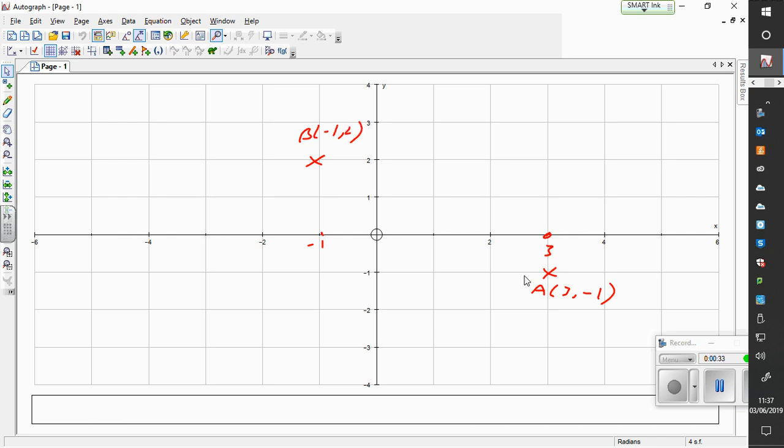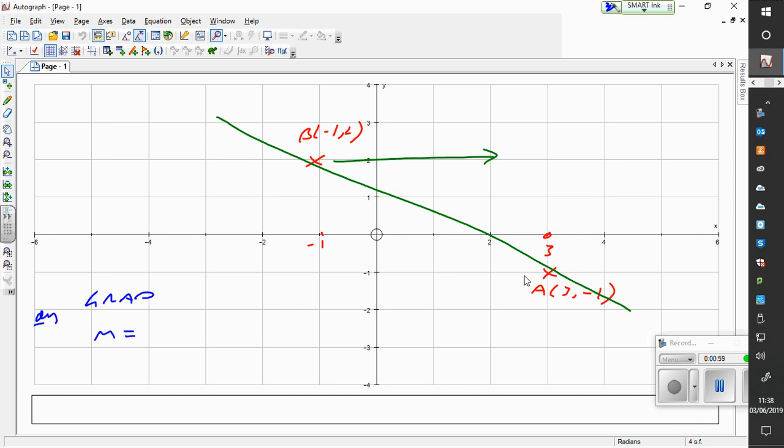We're looking at the line connecting these 2 points. And the gradient means what happens as each value of x increases. So as you increase x by 1, what happens to your y value? By how much does your y value go up or down? That's what the gradient means, all right? So that's why we say the gradient, grad, or we call it m sometimes, or you might know dy by